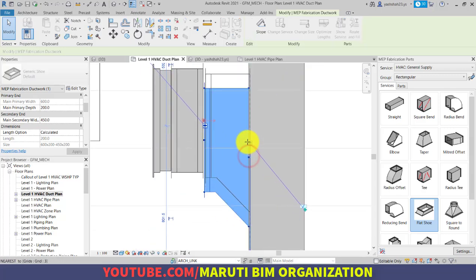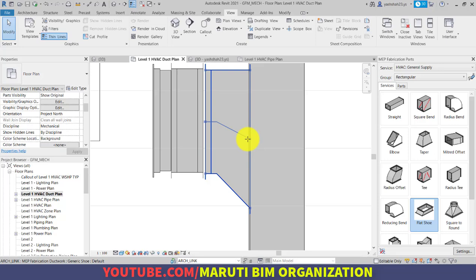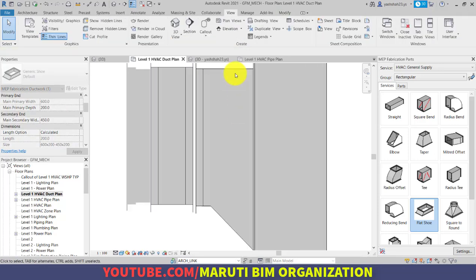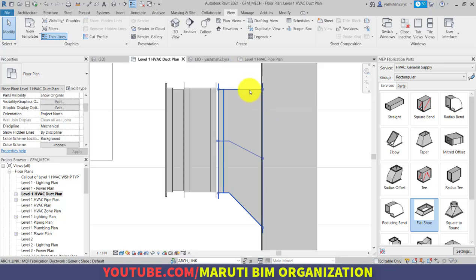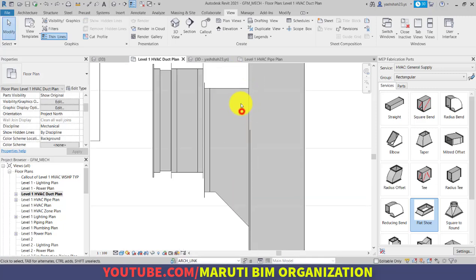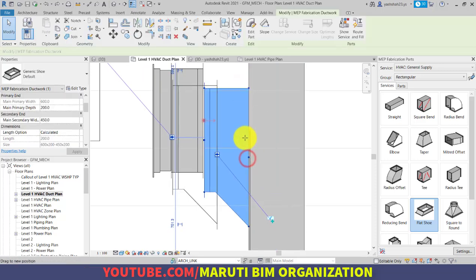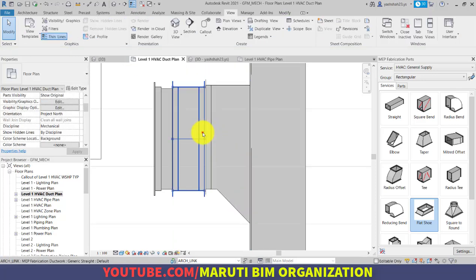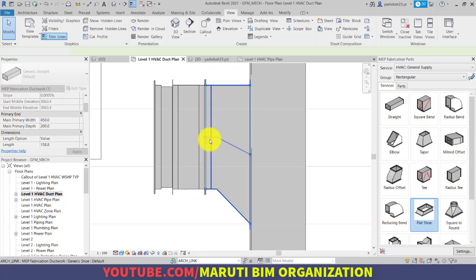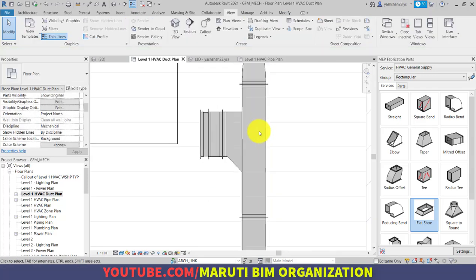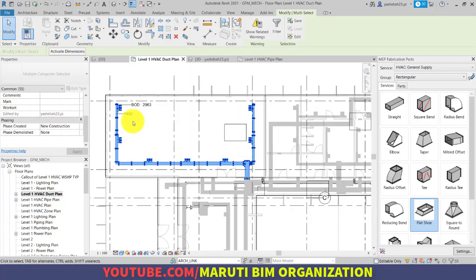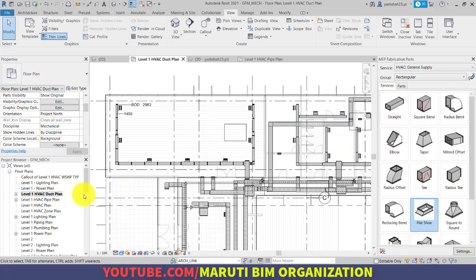And move to the proper location. Now if I click and drag this to the proper location, now as you can see it has established very nice connection.